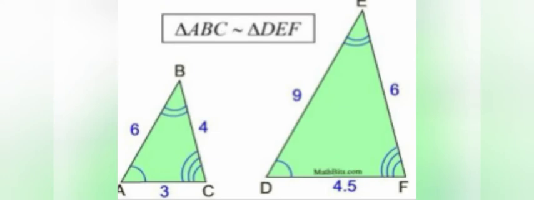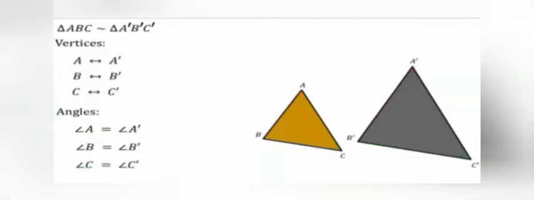Now let us move on to the similarity of triangles. What can you say about the similarity of two triangles? You may recall that a triangle is also a polygon. So we can state the same condition for the similarity of two triangles. Two triangles are similar if their corresponding angles are equal and their corresponding sides are in the same ratio or proportion. Note that if corresponding angles of two triangles are equal, then they are known as equiangular triangles.